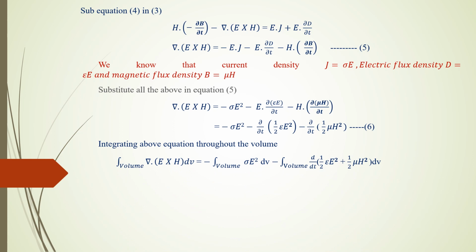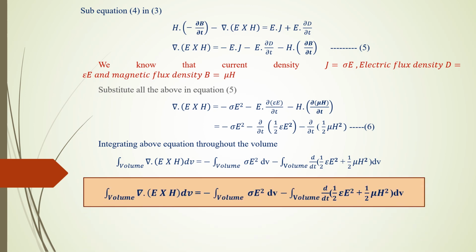So that we can consolidate it, as finally we are going to get the value which is ∂/∂t of (1/2 ε E²) minus ∂/∂t of (1/2 μ H²). Then we are going to find the above equation in terms of volume, so we are taking the volume integral. So the volume integral of ∇·(E×H) dV is equal to